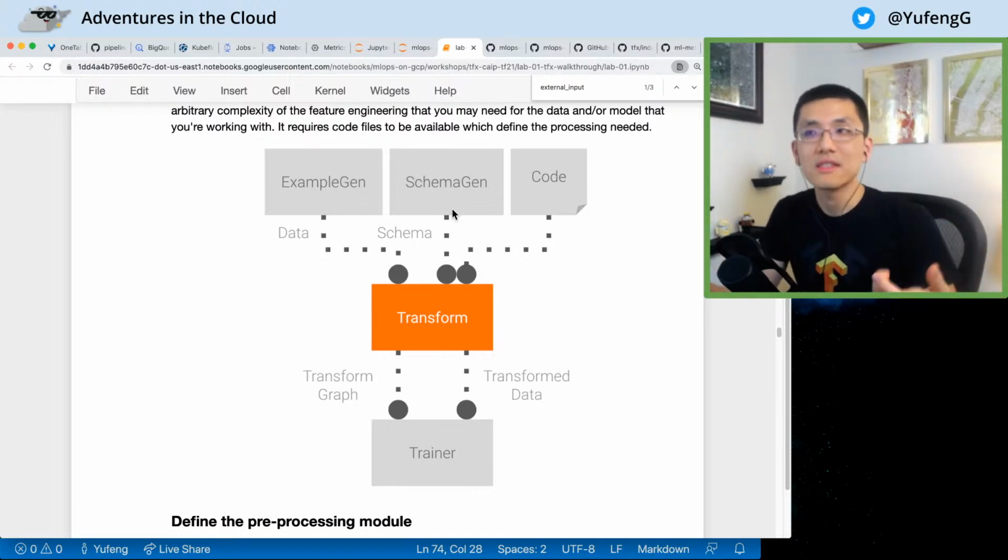So this brings us now to the transform, which takes a couple of different inputs. We're really starting to wire things together now. We have our example generation and